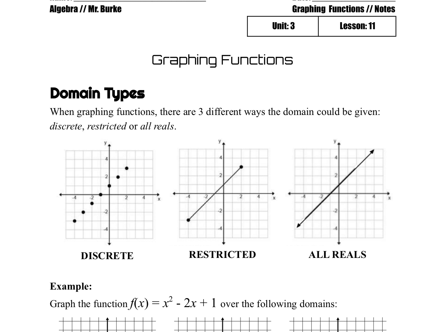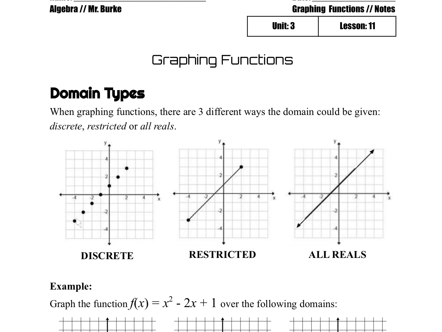So first of all, you could be given a discrete domain. We talked about discrete domains in the last lesson. That's where only individual values make sense, not in between the values. And so in this case, the function becomes just dots. Now, this is an example of the same function all three times. It's some linear function. We're not really worried about that. I just want you to know that if you're given a discrete domain, your graph is going to be just